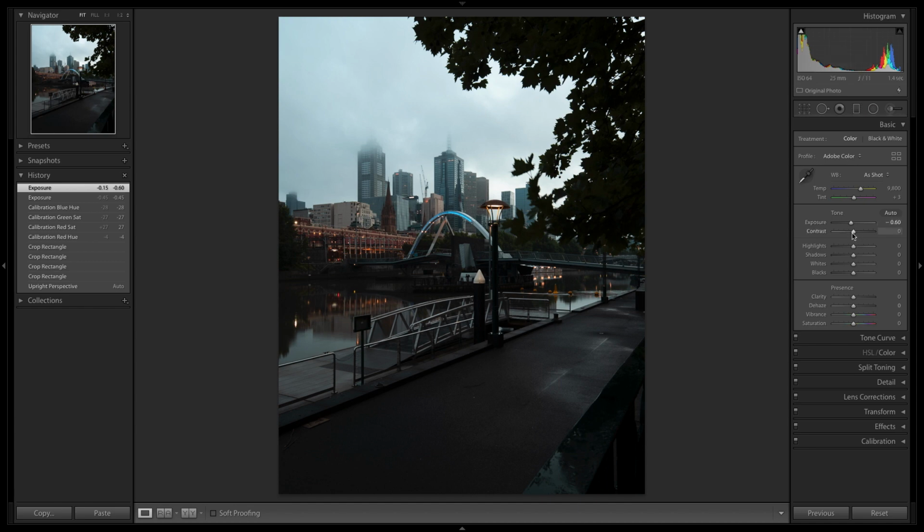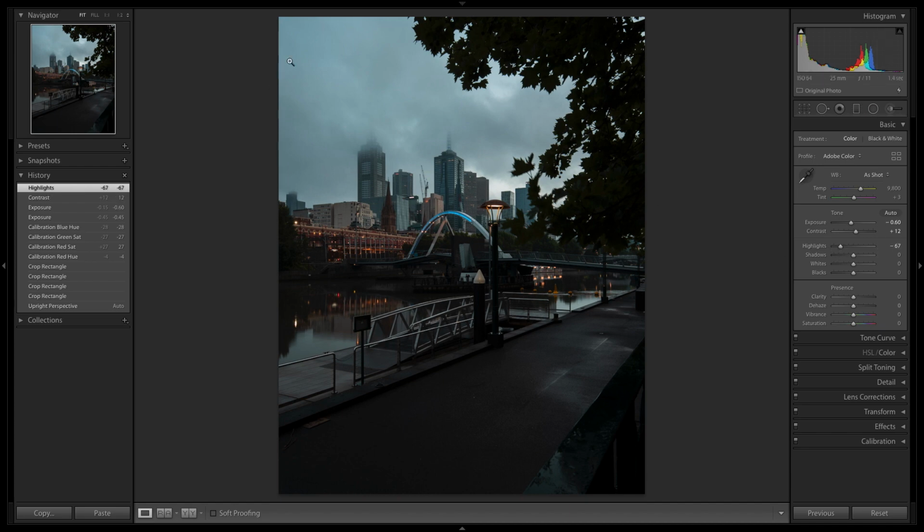The contrast, I'm going to increase slightly, so probably about past 12. And then the highlights, I'm going to take down to reduce the highlights, and you'll see now the clouds. You'll be able to start seeing the clouds and the fog. It was a really foggy morning, and the fog was hanging across the top of the buildings, and so now